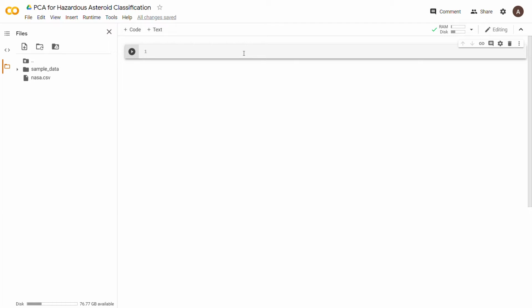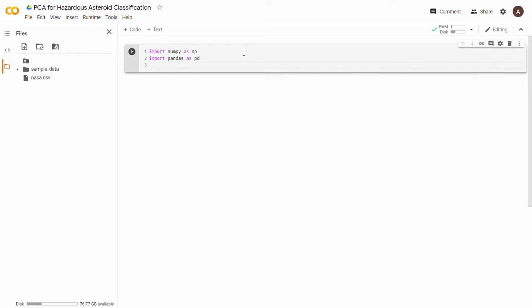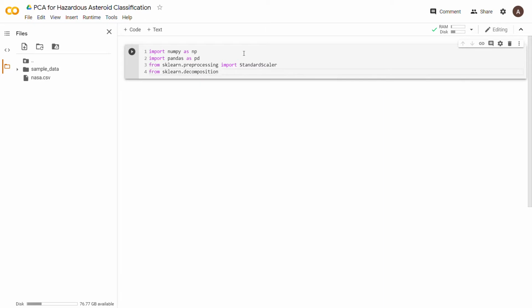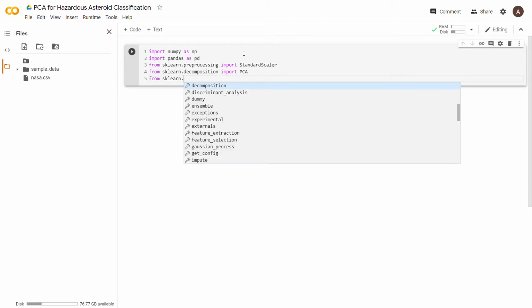Right, so the first thing that we're going to be doing, as always, is import the required libraries. And so we're going to say import numpy as np, import pandas as pd, and then these are the more unusual libraries, but very useful. So we're going to say from sklearn.preprocessing import StandardScaler. Awesome. Then we're going to say from sklearn.decomposition import PCA. Okay. Then we're also going to say from sklearn.model_selection